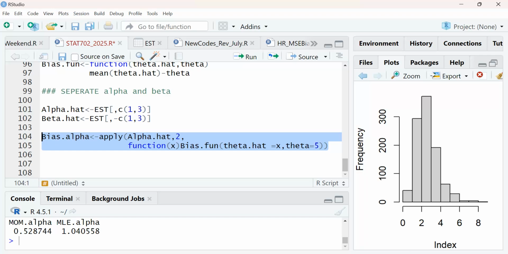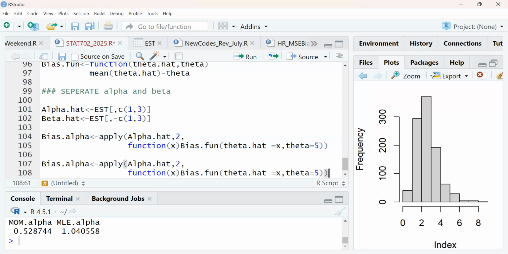And whatever table we get, we can now print it into LaTeX from R straight away using xtable. Okay. So now I can also do beta, right? Bias beta, sorry.